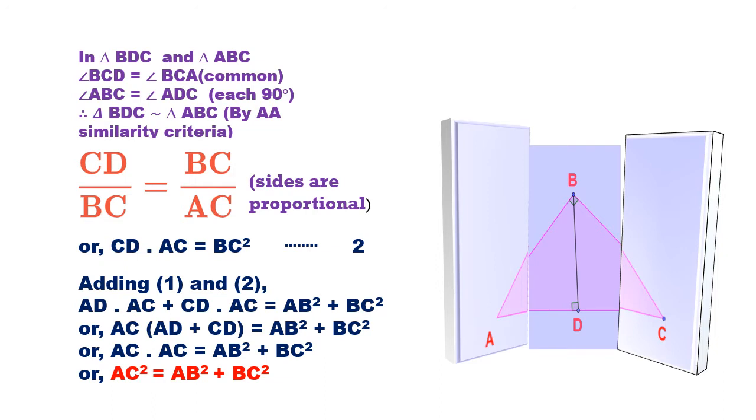Now here we'll talk of triangle BDC and again the bigger triangle ABC. In triangle BDC and triangle ABC, BDC is this on the right side, and as I told you, one smaller triangle and one bigger triangle will be taken. In both cases we are going to take ABC, the bigger triangle. The first case also we took ABC, in the second case also we'll take ABC, but only the smaller triangles are varying.